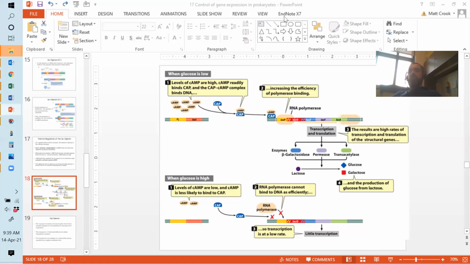Rogelio, that's a really good question. That's right. Transcription is low, so it is still being transcribed, and you are still getting these proteins being produced. As long as lactose is present, and that's the key, you will still get glucose being produced, but the levels at which that happens are much lower. Now, as soon as lactose disappears, let's say a bacterium makes its way onto a patch of spilled milk, a simple way of thinking about it,